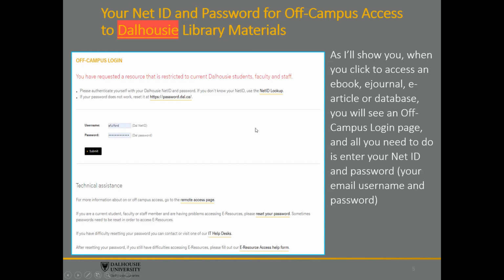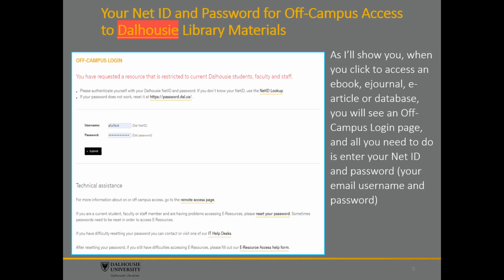But what you would need to do then is where it says username, put in your NetID or your email username, and then the password is your NetID password, also known as your email password. You click Submit. You get by what is called the proxy server,